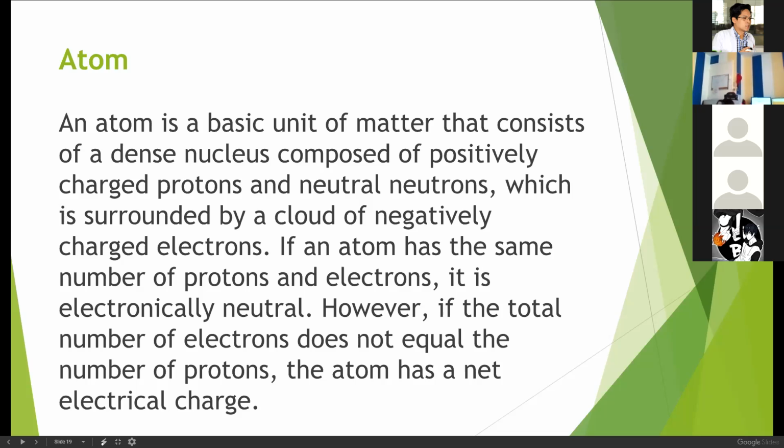has a net electrical charge. What does it mean? When you're talking about an atom, the number of electrons and the number of protons is equal. However, if the number of electrons exceeds the protons, the tendency is that the element is now unstable or it needs to be paired. Some of them are highly radioactive. Let's clarify that one in the middle of the discussion.